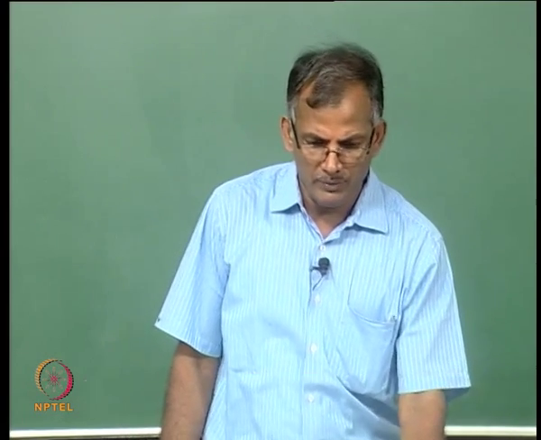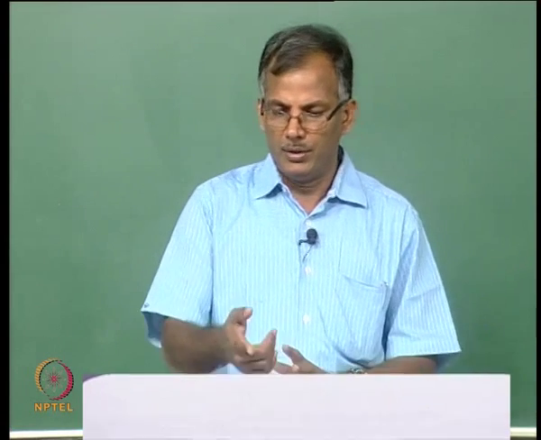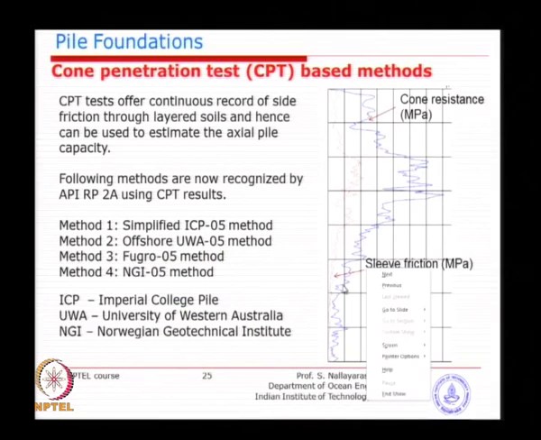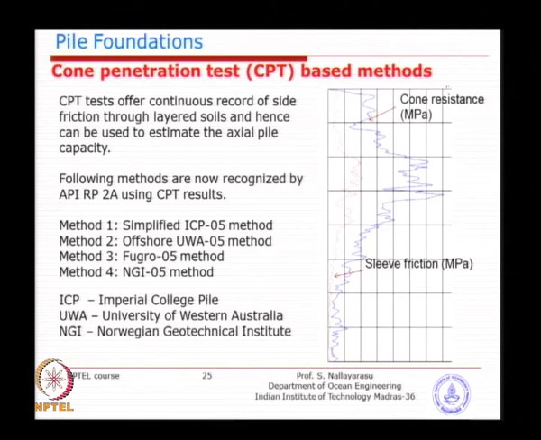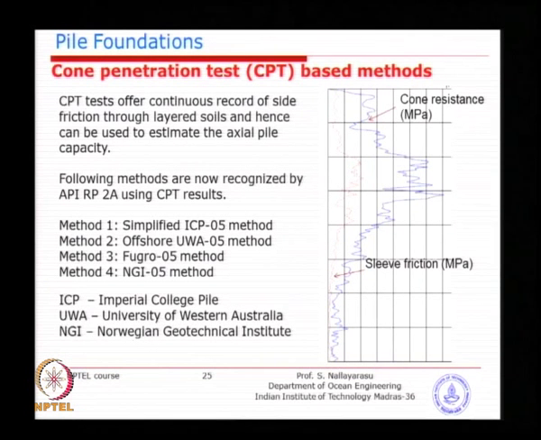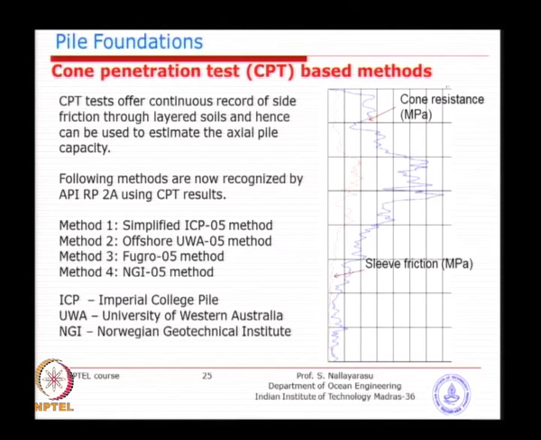Okay, so last week we were looking at the CPT results. A typical record of the measured sleeve and cone friction is given in this type of diagram. Basically this will be the output from the continuous recorded CPT test. What we were looking at is several methods of integration based on the localized